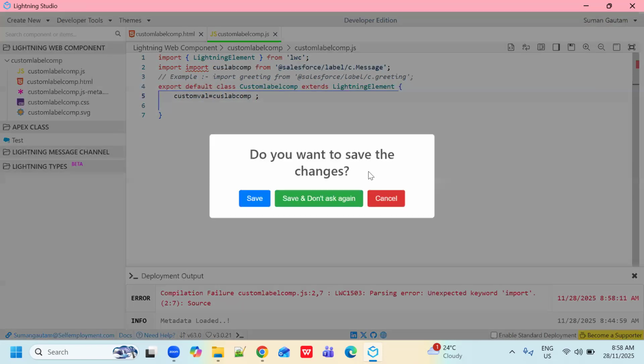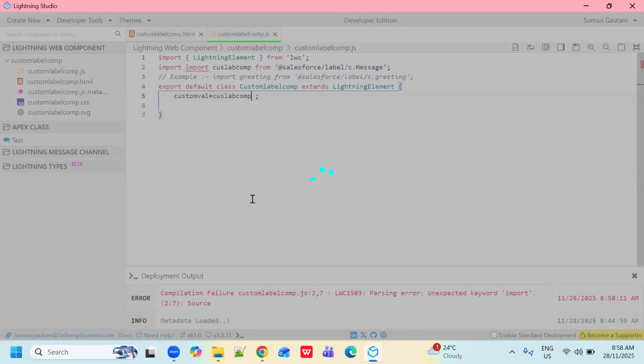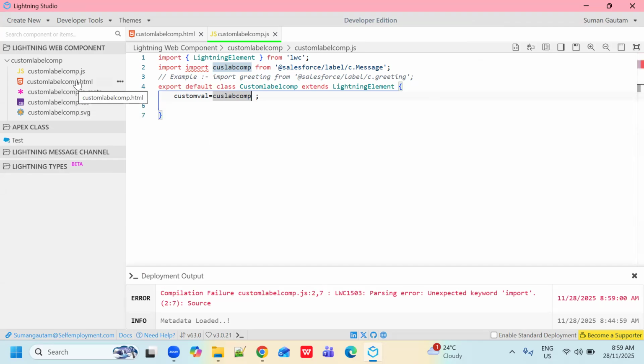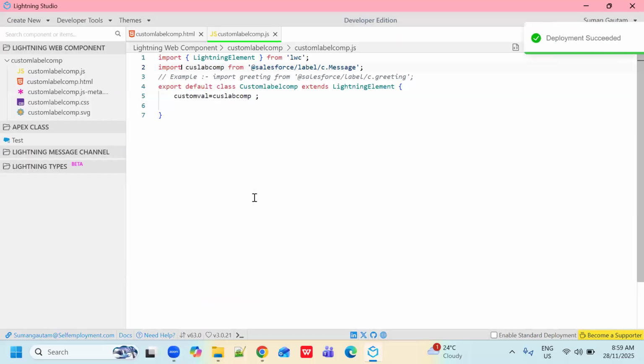Now one more time, just save. Why is it showing fail? It complains about an unexpected keyword import. Oh, I have used it two times. Okay, so save. Now this time it is deployed successfully.